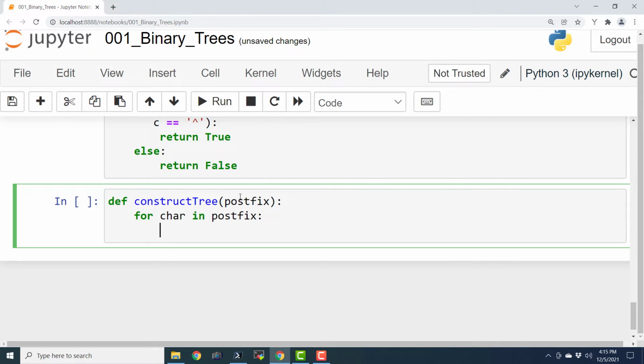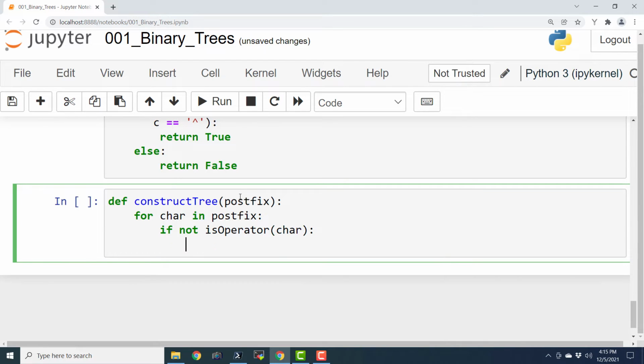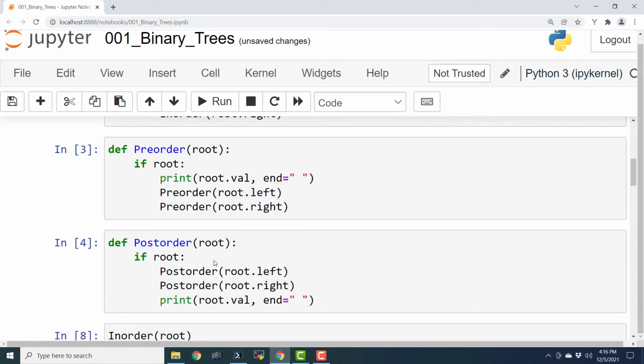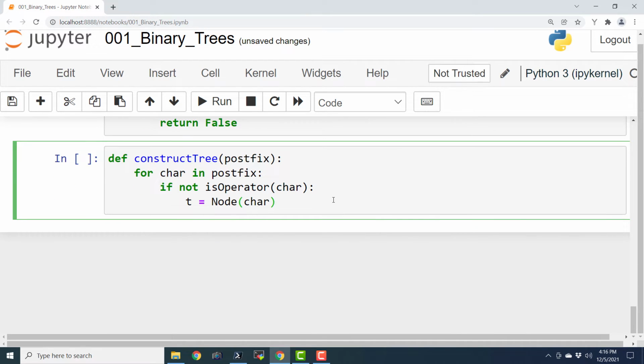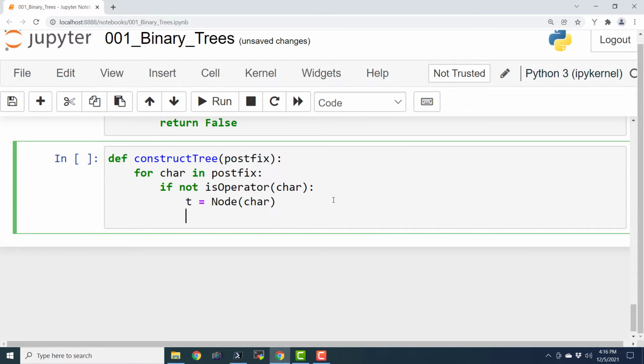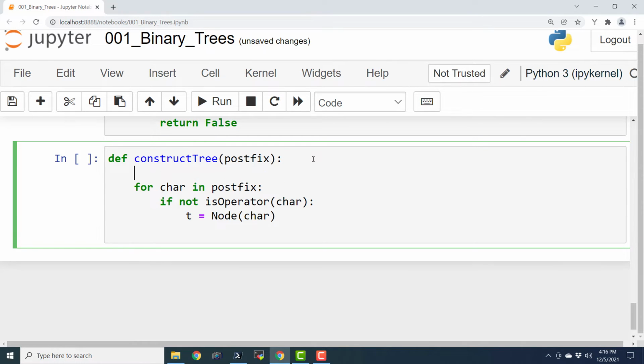I'm going to say if not is_operator. So if it is an operand, then what to do? Then t equals node of char, and we have defined this node in the very beginning. It is going to create a node of that character, and we are going to append it to a stack. For that we need to define a stack, and here we have an empty stack.